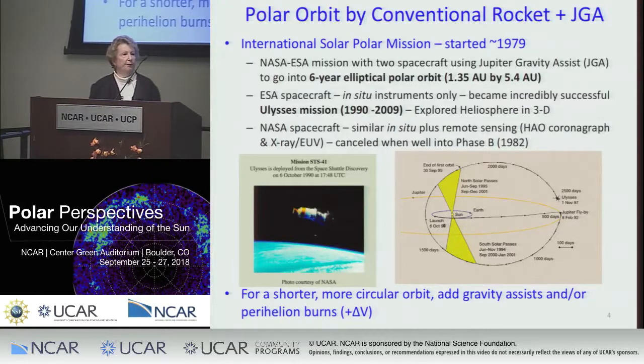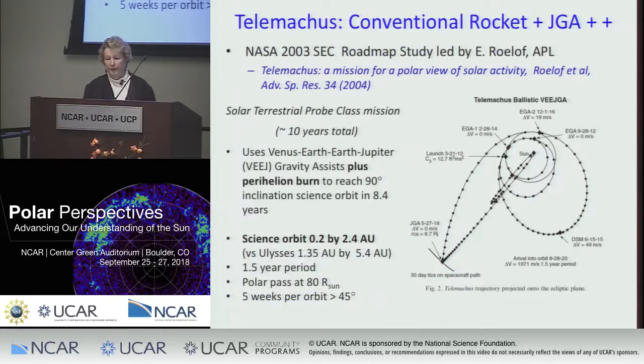And you'll hear about 2 concepts this afternoon. Jeff Newmark and Don Hassler will talk about missions that use variations on this. The one that was part of a roadmap mission in 2003 was called Telemachus, and it used not just a Jupiter assist. It couldn't go directly to Jupiter and stay on kind of the cost, so it did a couple of flybys,